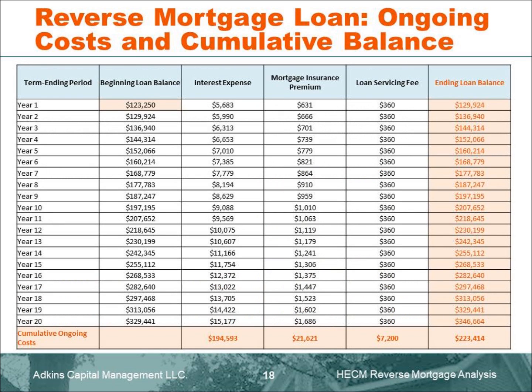This table represents the ongoing costs that are associated with the HECM reverse mortgage loan. Based on a beginning loan balance of $123,250, the borrower would pay $194,593 in interest expense over a 20-year time horizon. The homeowner would also pay $21,621 in mortgage insurance premiums and $7,200 in loan servicing fees over a 20-year time horizon. In total, cumulative ongoing costs would be